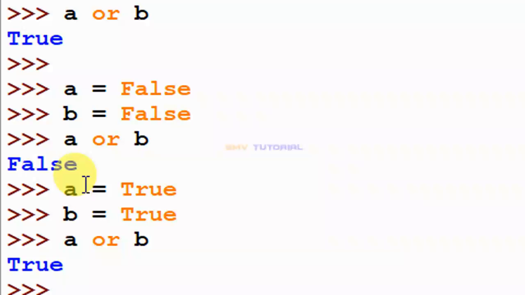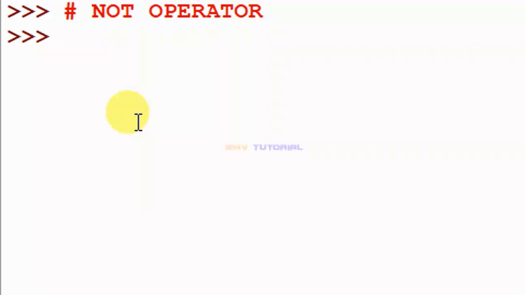And the next one is the NOT operator. The description is that it is used to reverse the logic state of its operand. That means if your value is True now, the result shows False. That is the meaning, and I will show an example of this.